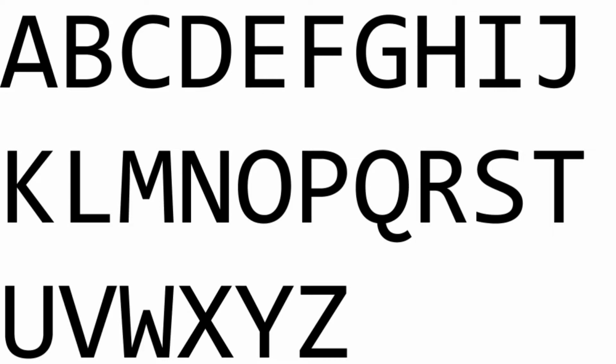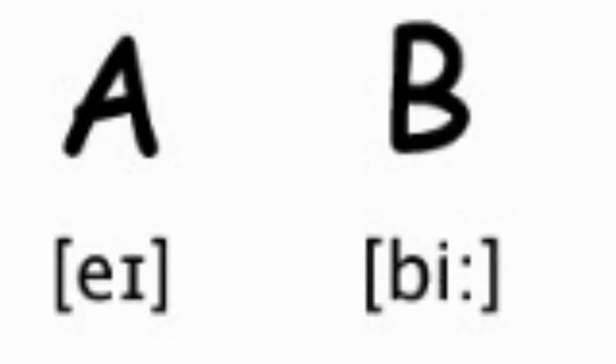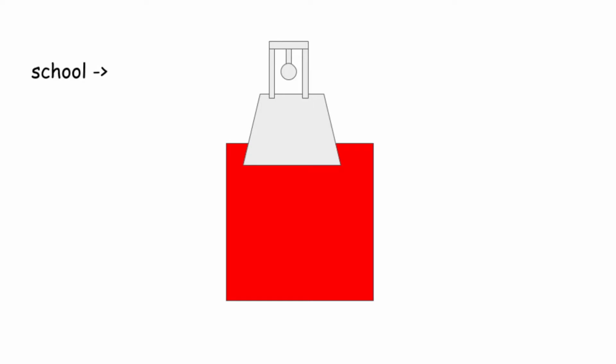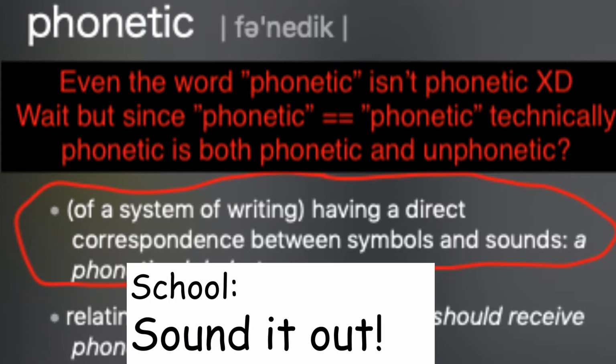We're taught in schools, at least where I was educated, that A is A, B is Ba. In my school, you were taught that each letter is relatively phonetic and that you should be able to sound out words just by looking at them and going letter by letter to construct the syllables.